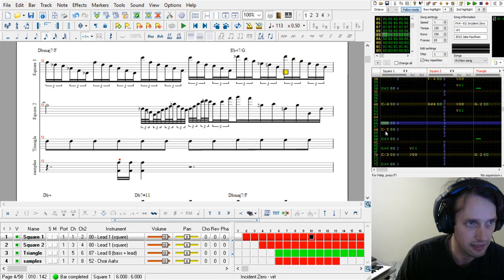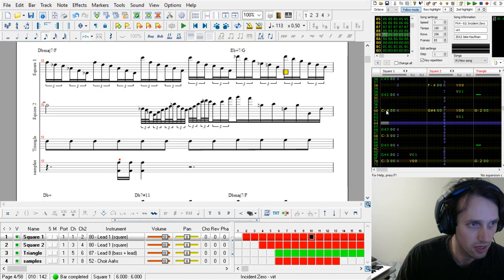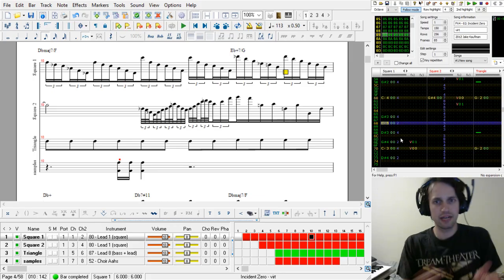Like here's an A flat, this C5. Well, the C5 doesn't refer to anything. Unless it refers... Oh, I see. The delay is an octave higher. I actually never noticed that, but yeah, this C5 is actually like a copy of this C4 back here. So it's like manual delay.